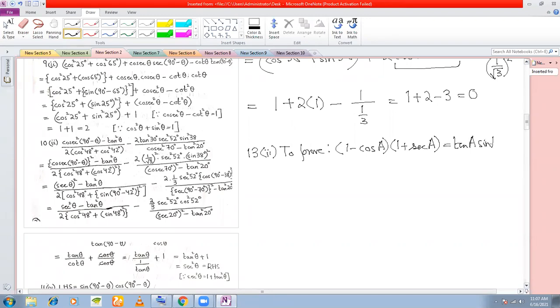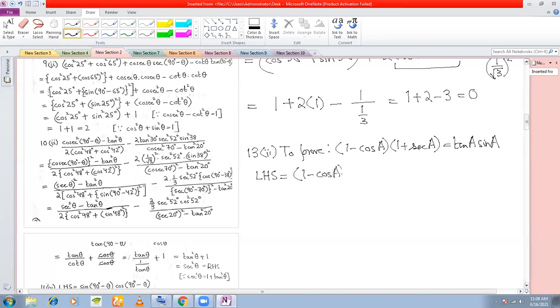Now, before starting this or any problem after this I do, remember that in your trigonometry part, almost all the problems, 99% of the problems can be solved by changing everything to sine and cos. Okay, if you are not able to do any problem, and if you see a tan there or a cot there, or a cosec there, change everything to sine and cos. Okay, and then you will see that you will be able to work out the problem. So here we start with the left hand side.